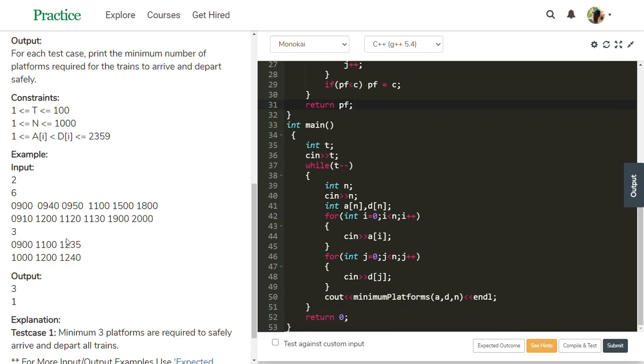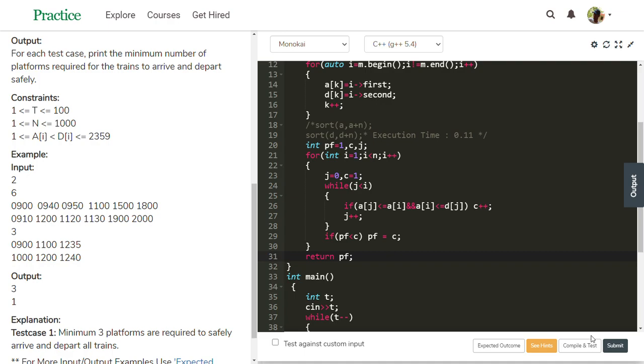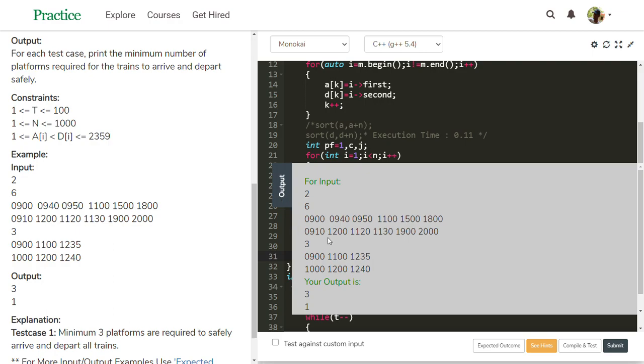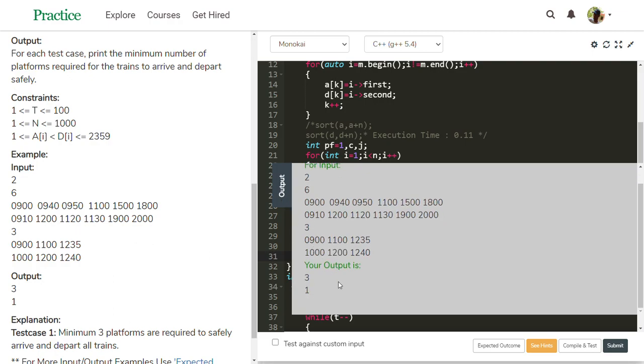For these trains to arrive safely, one platform is necessary. For the second test case, see whether our code is right or not by compile test. See, the expected output and our output are the same.